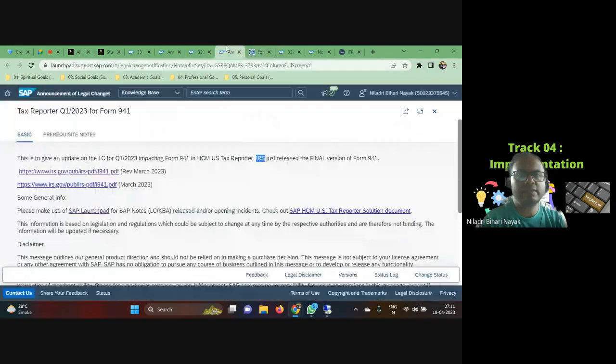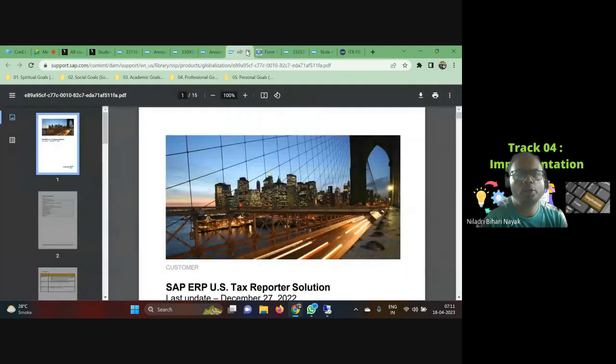Based on those changes, SAP also has to incorporate them. Okay. So what they have done, some general info for notes, check this out. Okay, there is a solution document also that SAP has offered. Okay. So for this US tax reporter solution, if I go there, it is very handy. Okay, so you don't have to struggle much. If any such announcement comes, SAP will provide you all the detailed documentation. You can see this is the latest